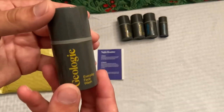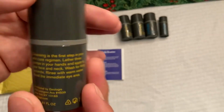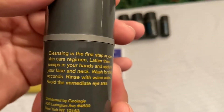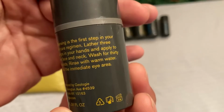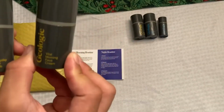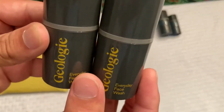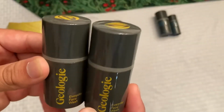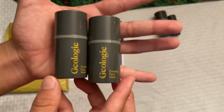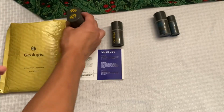All right, so we got the Everyday Geology face wash, as you can see right here. It tells you how to apply it. And you get 2 of these, if I'm not wrong. Yeah, this one right here, Everyday Face Wash. You get 2 of these, and they're really small bottles, as you can see. I mean, I guess they are trial, so. And then with that, you get